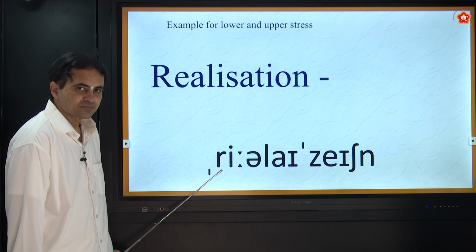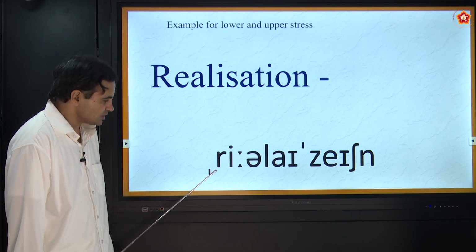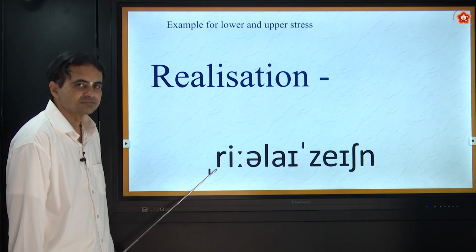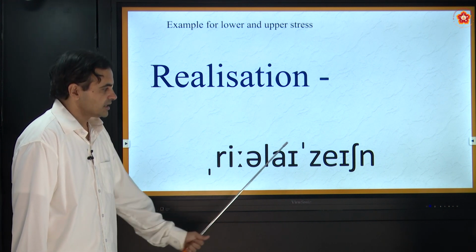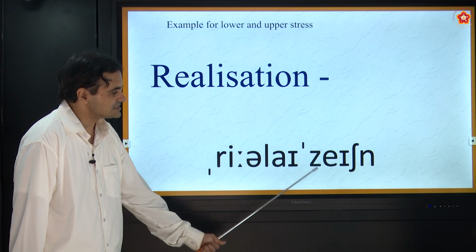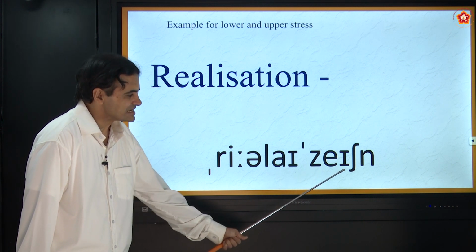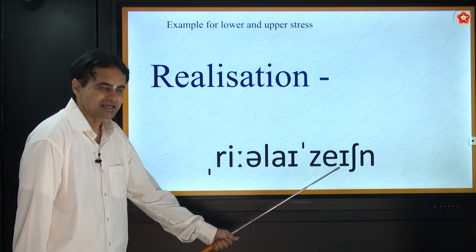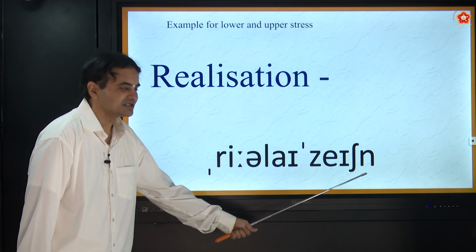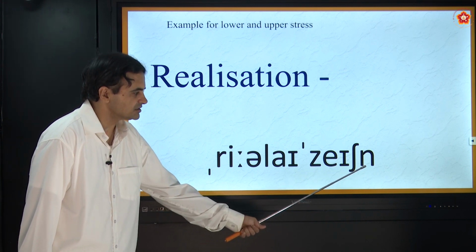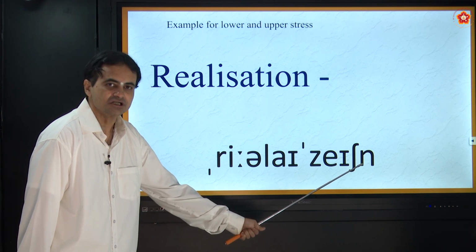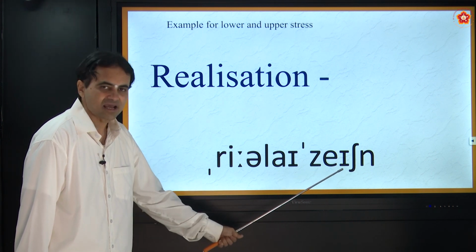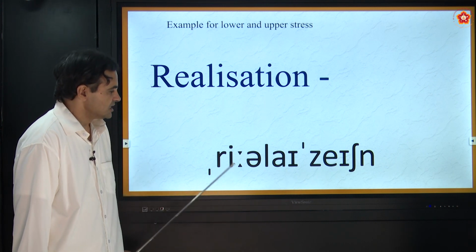Realize. Because there is a lower stress, you have to pronounce it a little more loudly. Realize. And here there is an upper stress for this syllable: zay. This is one syllable, and shin. This is sh and n. Sh and n becomes shin. And this is zay. Therefore, this is